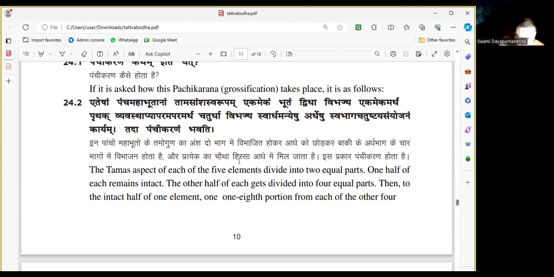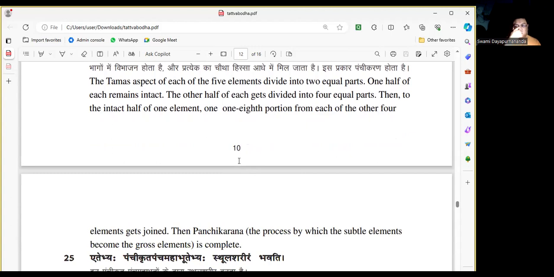You can understand it in decimal too; today we use decimal more easily. 0.5 plus 0.5 is 1. So first divide it into equal parts, then keep 0.5 intact, then divide the other 0.5 into 4 equal parts. Then to the intact half of one element, a 1/8 portion from each of the other 4 elements gets joined. Then this Panchakarana is the process by which the subtle elements become the gross elements, Pancha Mahabhuta, which we